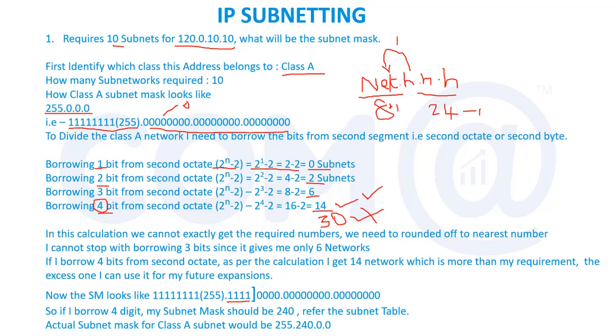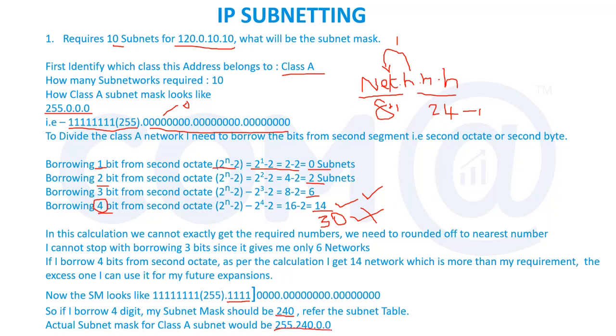So my subnet mask will be... now I have to run through my table. If I borrow 4 bits from the host portion to the network portion, what will be my subnet mask? The subnet mask will be 240. So it is 128, 192, 224, then 240. That table should come to your mind. Now the question is, I have given the IP address, I need 10 subnets. What is the subnet mask? This will be your subnet mask.